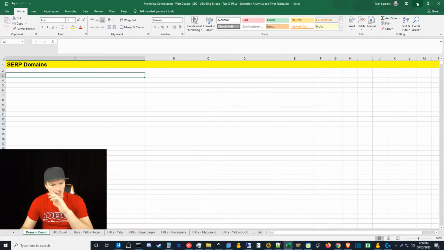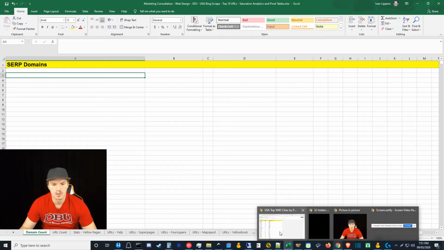Now, it's a lot easier to scrape from Bing, and since the major directories are ranking in Bing just pretty similarly to how they're ranking in Google, it's a lot better to just go ahead and scrape from Bing because it's faster, and we can get the results with a lot fewer errors. So in order to do that, we need to